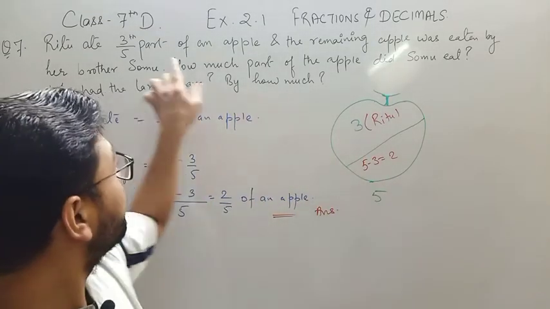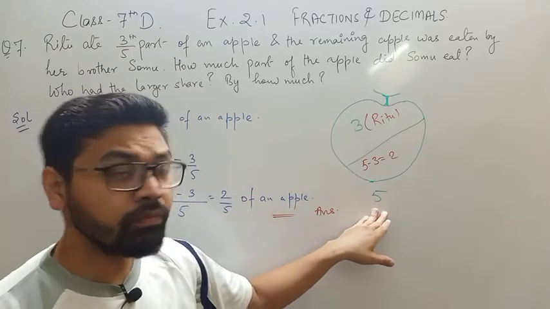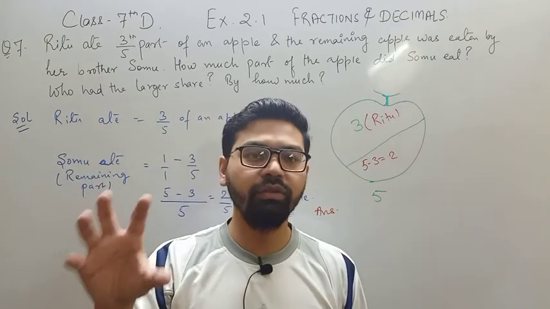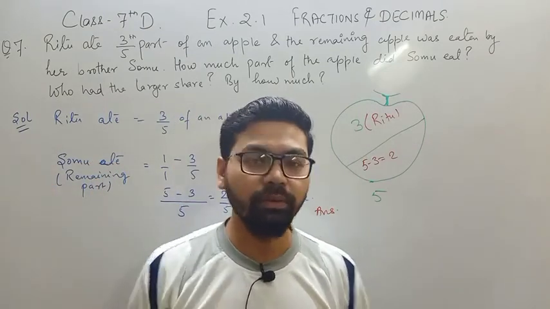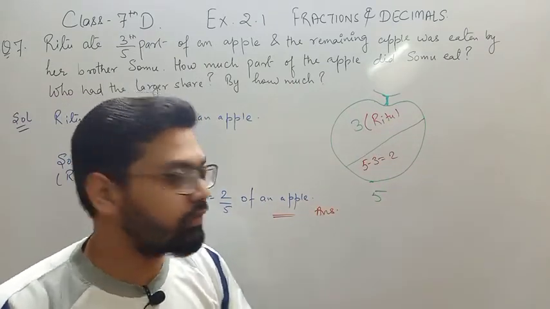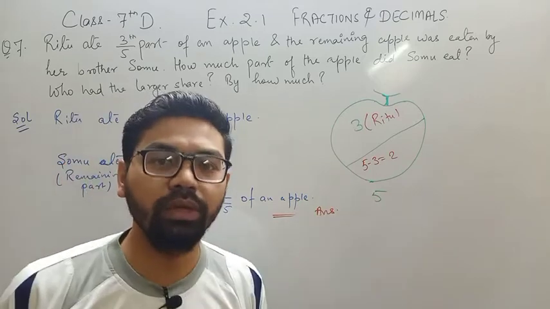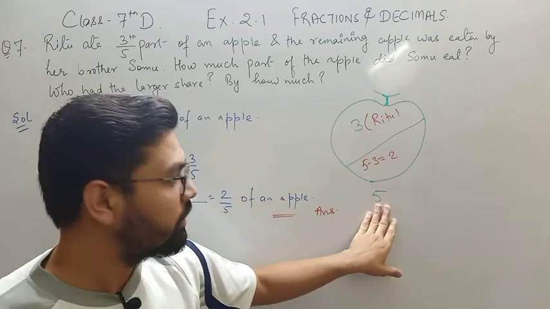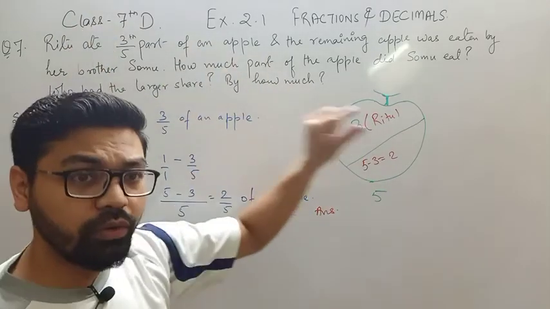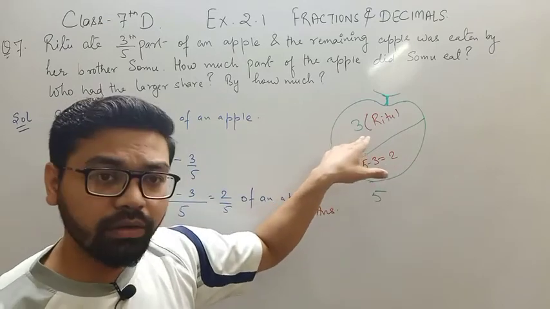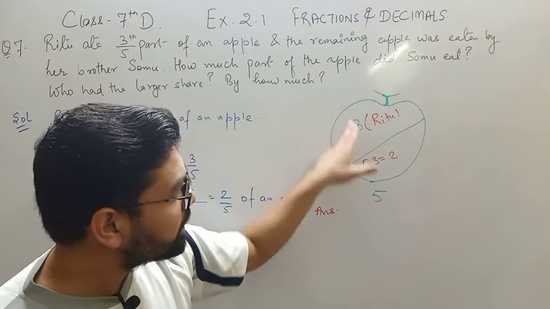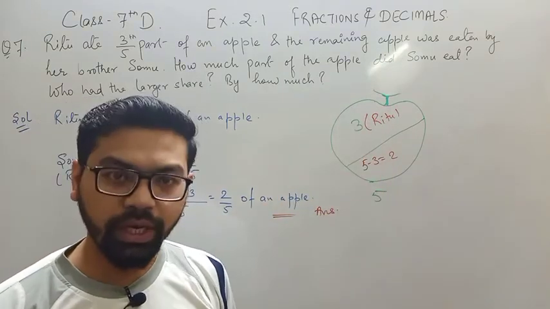5 is the total. Whatever is given in the denominator is the total 1. So let's say the apple is 5, though you can't say it like this. Let's say you have an apple and you are saying that this is equal to 5. So in maths I can just let the value of an apple be 5. Out of 5, 3 was eaten, the numerator 3 denotes the third part. That means 3 parts of this 5 were eaten by Ritu. Then what is the remaining part? 5 minus 3 equals 2. Any doubt?